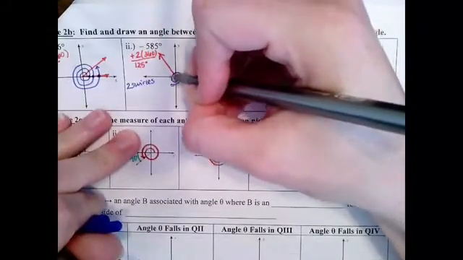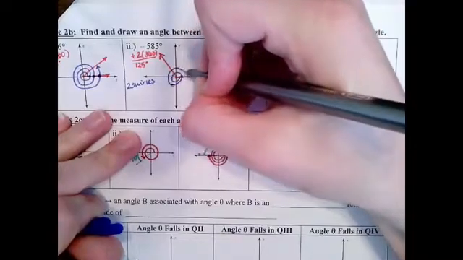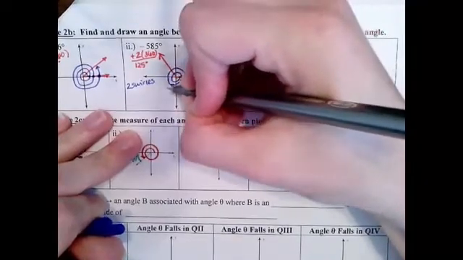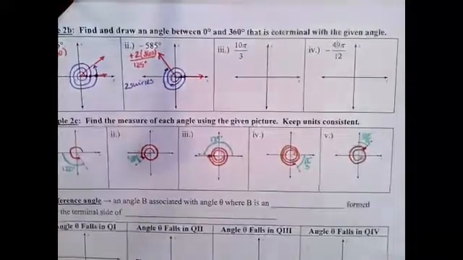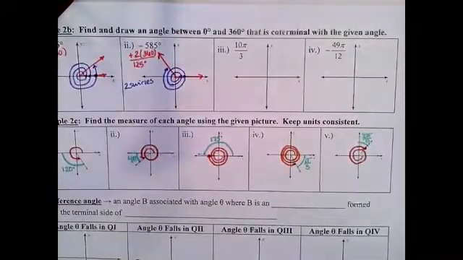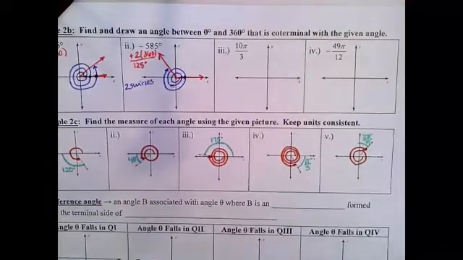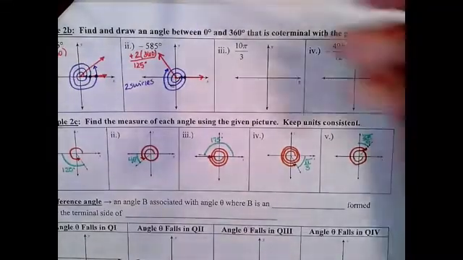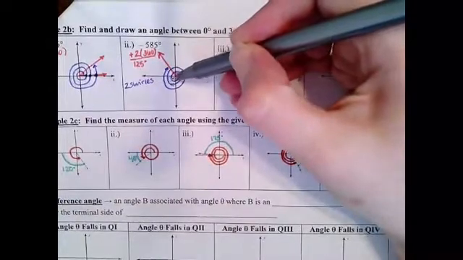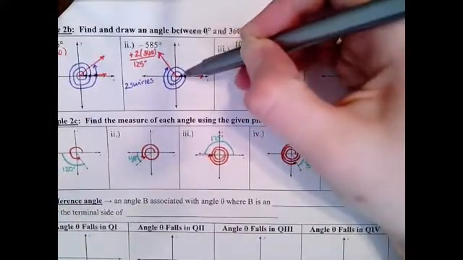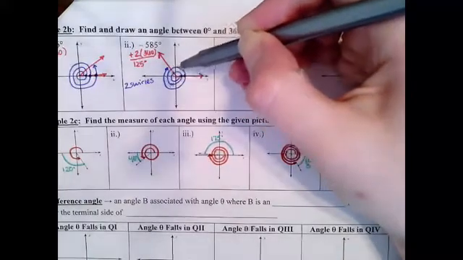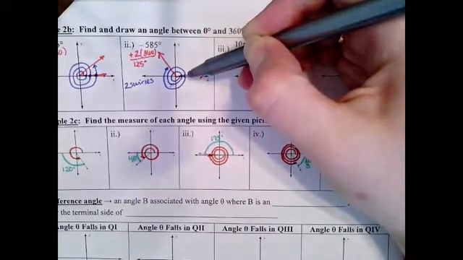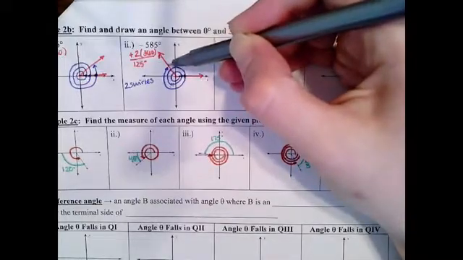So I have my starting, that's 1 swirly, 2 swirlies, and then stop here at negative 585. So again, I start here, I go negative 360, so I'm at negative 225 still that I need to go. I need to go around once more, and then I end up at my